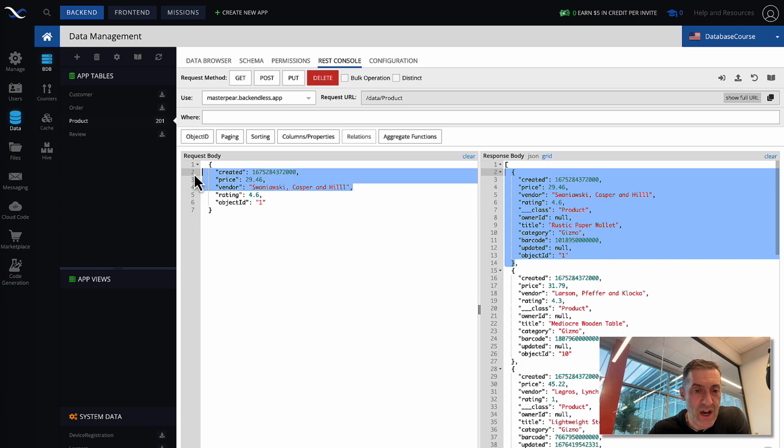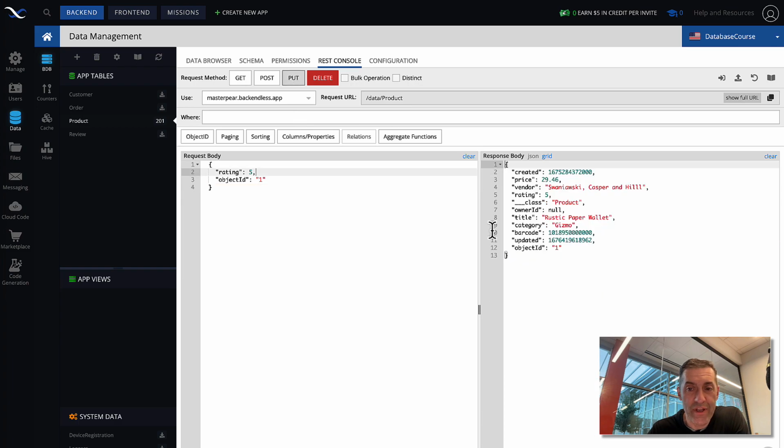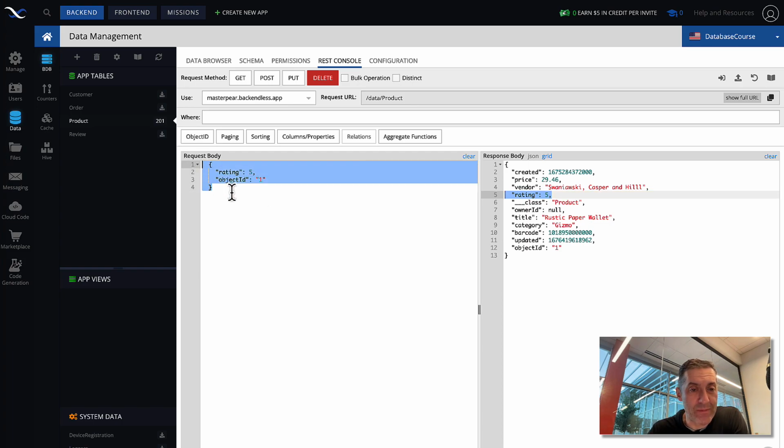So for instance, I want to change rating here in this object. As long as there is object ID, any other property that is referenced, let's say we change this from 4.6 to 5. And by saving this object back in the database, the rating will be updated and the new value will be 5. So here by clicking put we will be updating that object. There you go, now it is saved, and as we can see, the rating is now 5. So this was an update call that used the Object Update API.